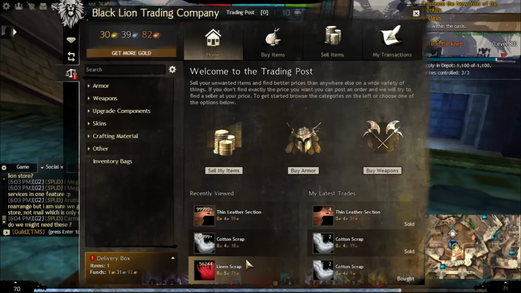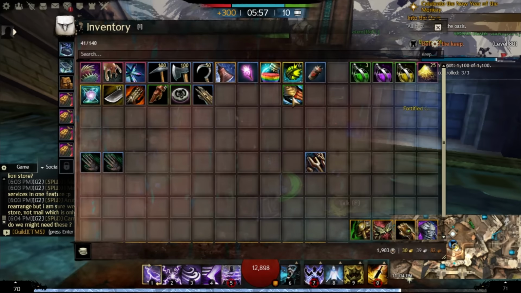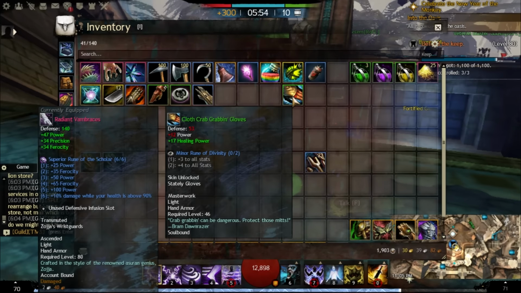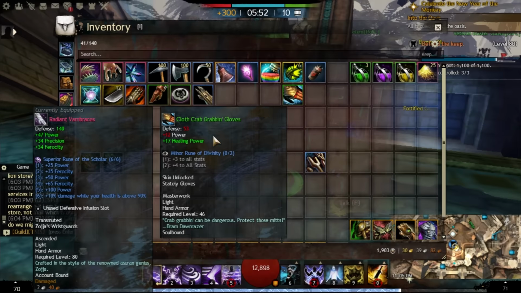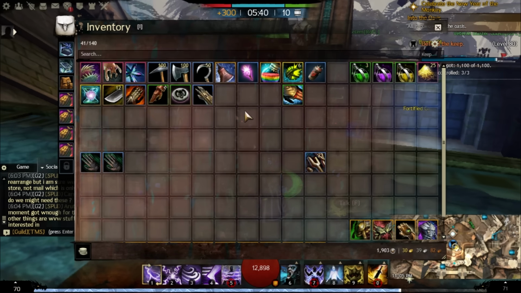Doesn't make any sense. Well, the reason why is because, remember, for the crab grabbing gloves, we're using 1,000 karma to buy 4 of them. For these leather gloves, we're using 1,000 karma to buy 8 of them. So you're actually using less karma to make more money using the Desea Plateau NPC rather than the Bloodtide Coast